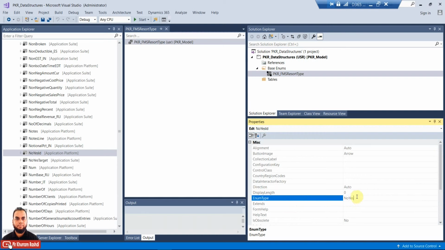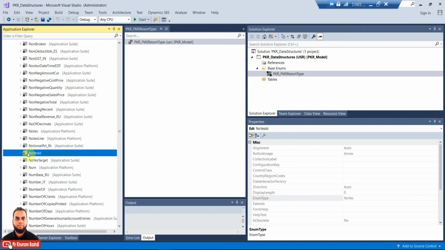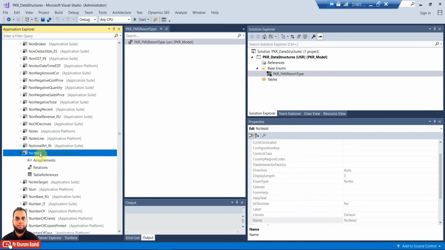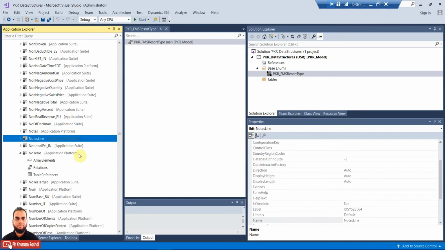So the no yes enum is extended in the base enum type. Basically, when you declare this EDT, at the back end of this EDT the base enum no yes is used. In this way I hope this explains the enumerated type.